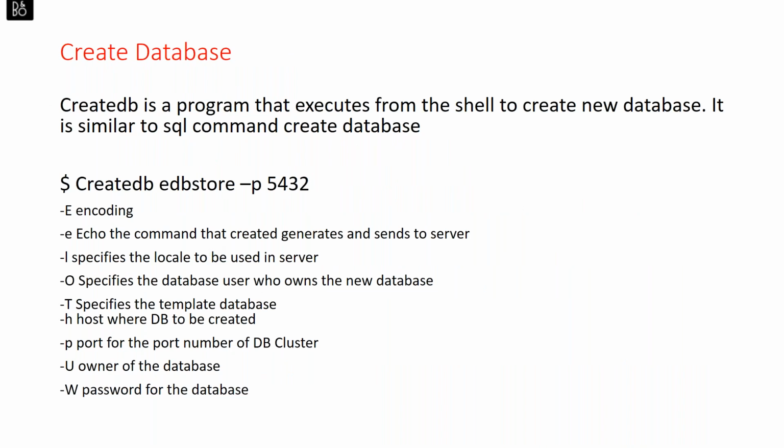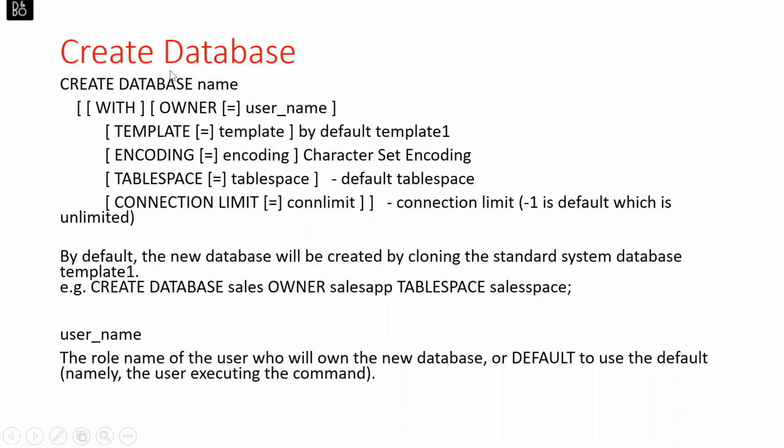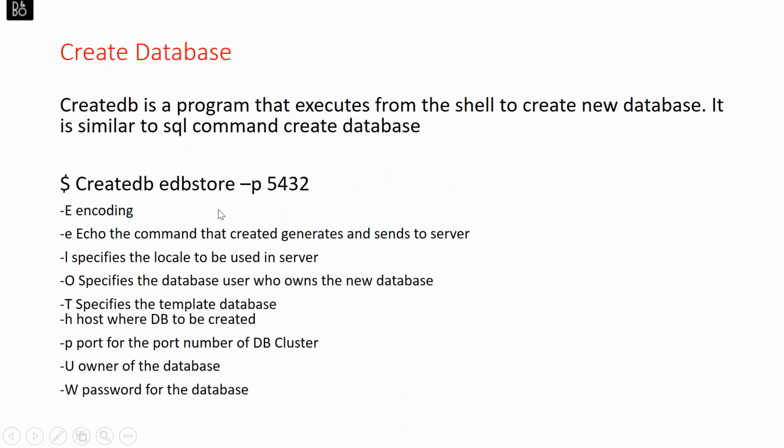You can create a database in psql, and you can also create a database at Unix level as well. At the Unix system, this is the syntax for it: createdb edbstore -p 5432, and 5432 is the port number of the cluster. So cluster doesn't have a name in Postgres. We have to remember this. Cluster is identified by the data directory where its configuration files are put. There we give a suffix -D, big D, or we specify the port number with -p.